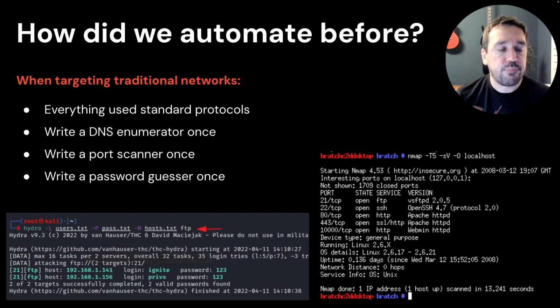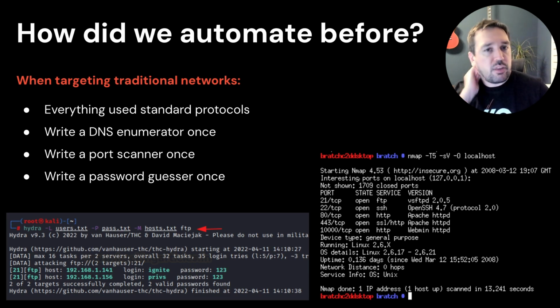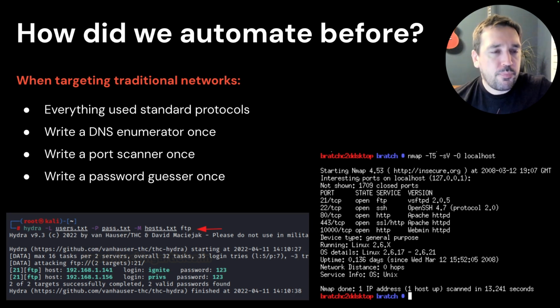So before moving on, I think a really interesting way to think about this is, well, how has this changed? Like, how did we automate before? Because we normally say attacks only get better, right? And in most cases, that's true. Cyber attacks don't get worse every time, they get better. But there is a little bit of an exception here, I would say, with regards to automation in the identity space.